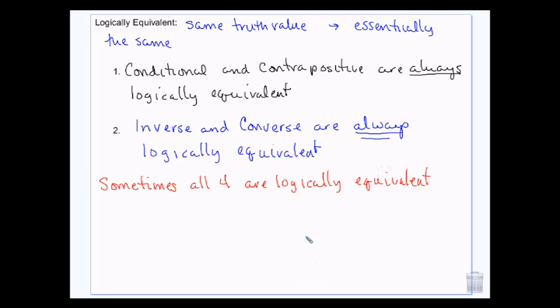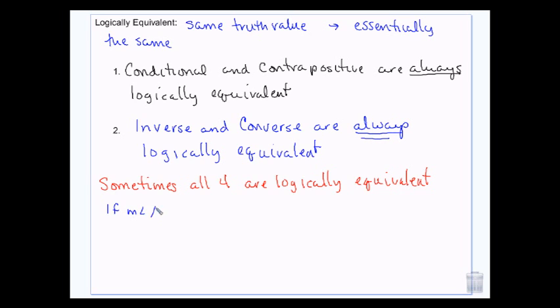Sometimes you get a situation where all 4 versions will be logically equivalent. Conditional and contrapositive are always logically equivalent. Inverse and converse are always logically equivalent. There is not a set relationship between these two sets. Sometimes they're the same, sometimes they're not. You can't say they're always opposite or they're always the same. It just depends. For example, I could say